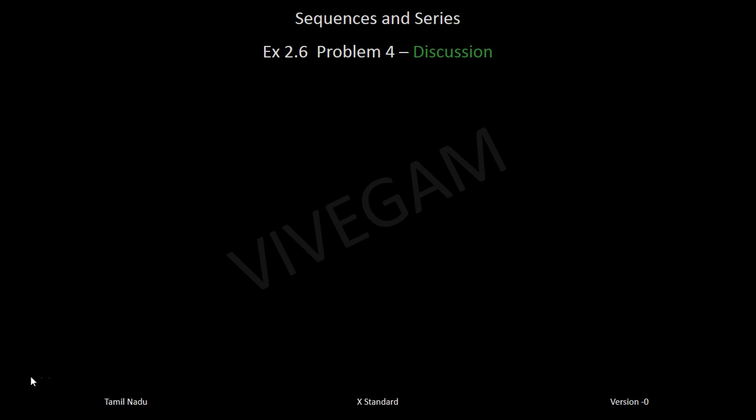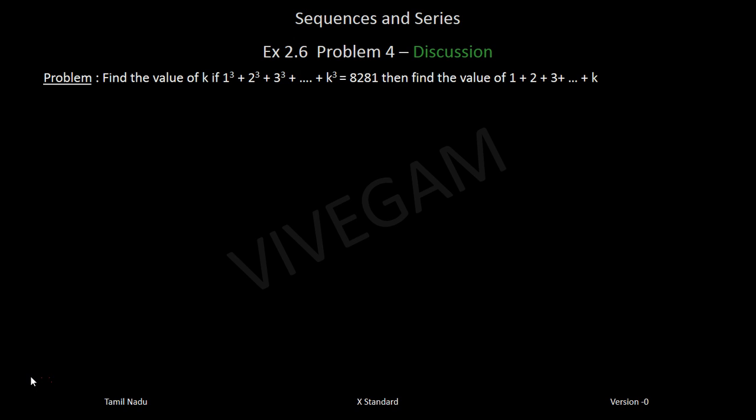Exercise 2.6 problem 4 discussion. Find the value of k if 1 cube plus 2 cube plus 3 cube up to k cube equal to 8281. Then find the value of 1 plus 2 plus 3 up to k. Okay, it's an interesting problem. What they have done is that they have given